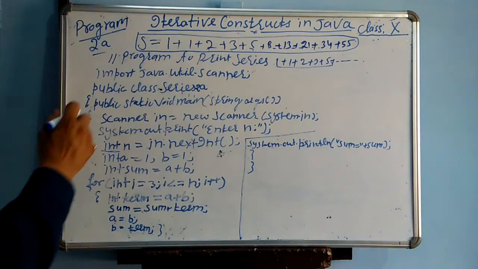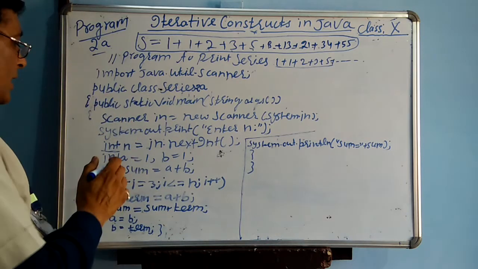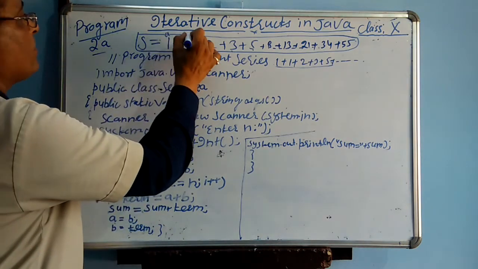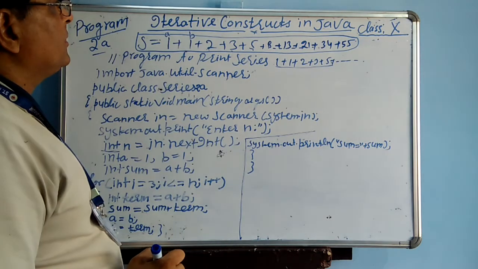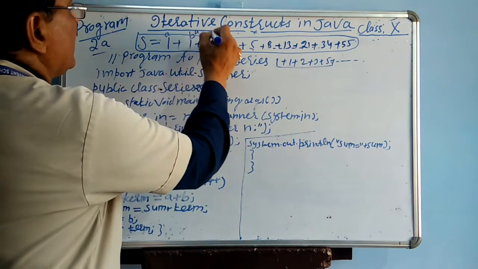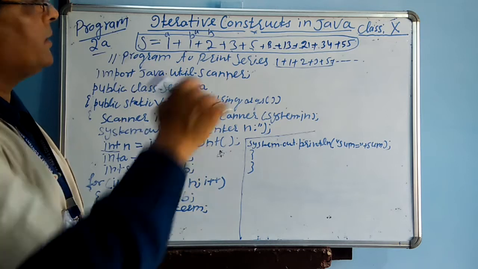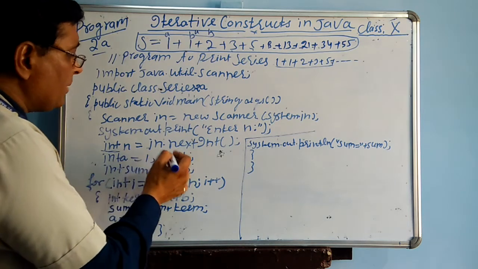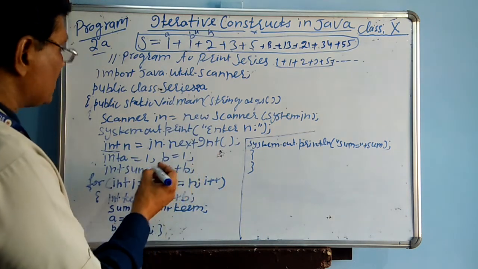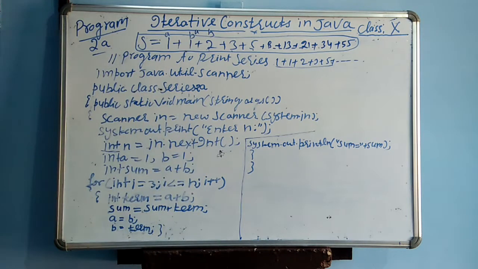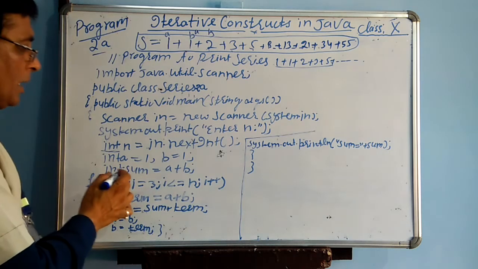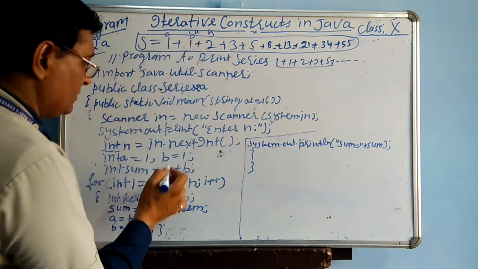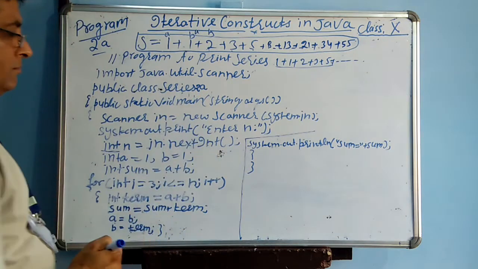Now we have already given the values of a and b, that is, a is equal to 1 and b is equal to 1, both values given here. Next time it will be a and then b, and then it will make another digit. Then we have to sum 1 plus 1, that is, the sum of a plus b. Clear?